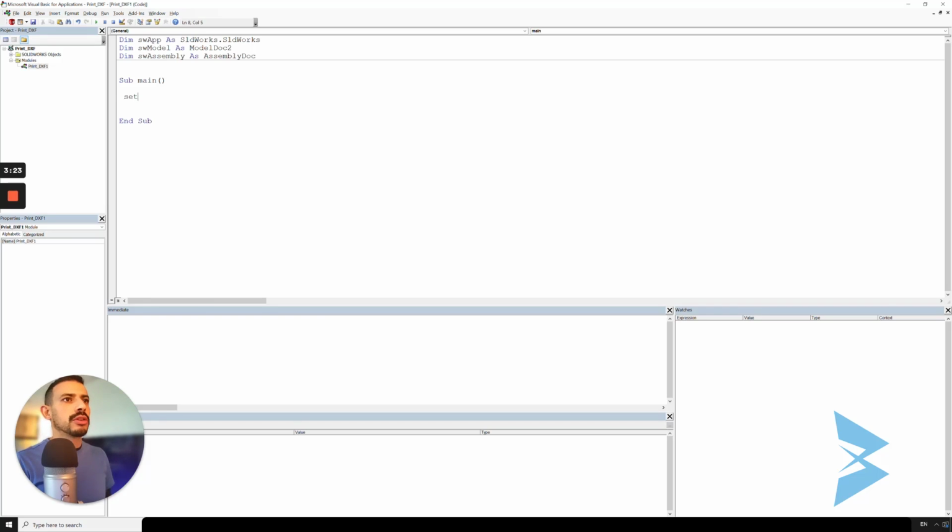Awesome. So I'll start by setting the SWApp equals Application.SOLIDWORKS, and then I'll just set the SWModel, right, equal to SWApp.ActiveDoc. Awesome. And then we can start by making sure that there is a document in the active session of SOLIDWORKS, and that document is actually an assembly. So I'm not going to do that here, but if you want to find out how to write that portion of this macro, then go back and watch